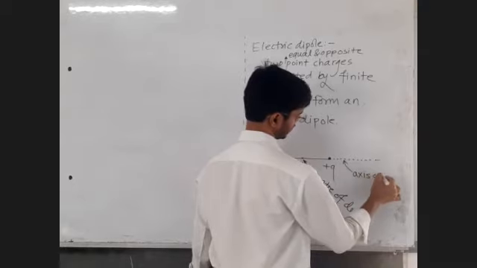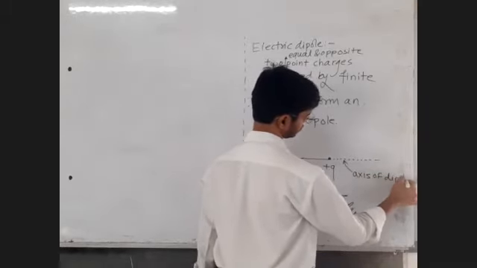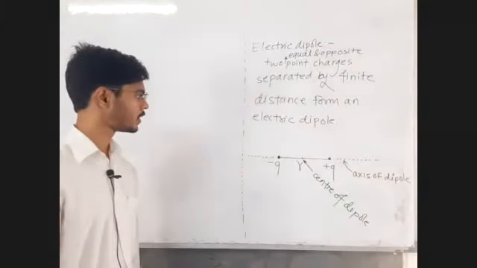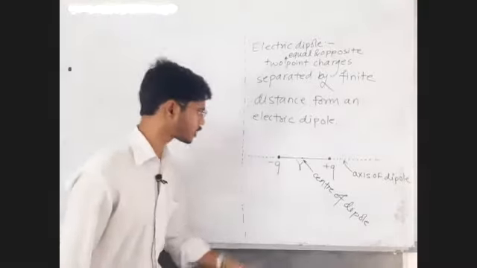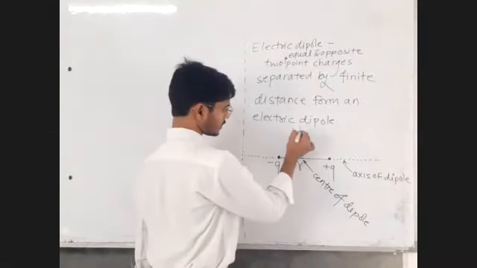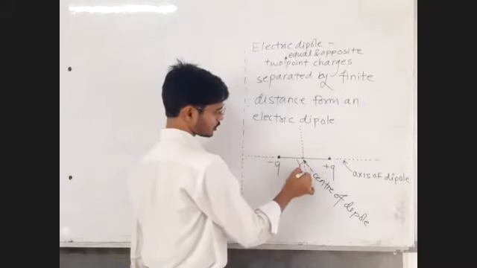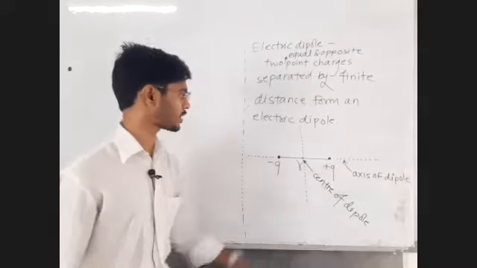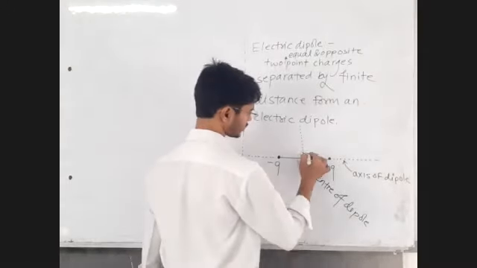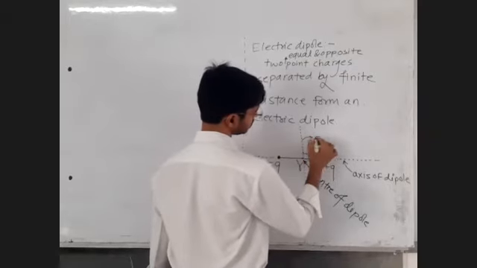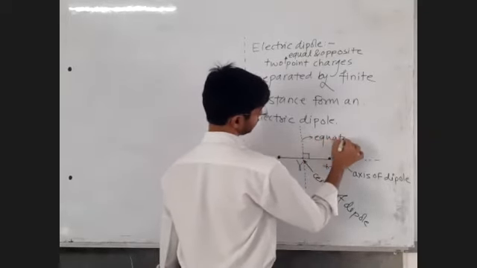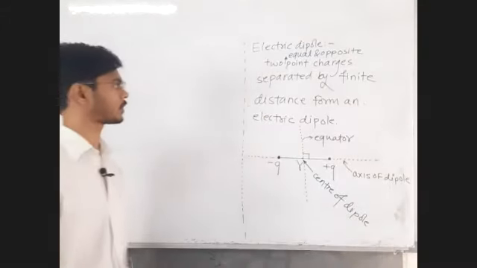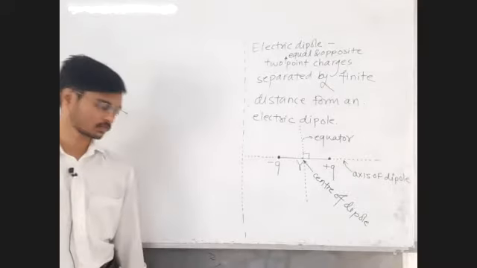That line is called the axis of the dipole. A line passing through the center and perpendicular to the axis is called the equator of the dipole. Now I will not be writing "of the dipole", just equator. Write down up to this, reply me in the chat box, clear and written, CW.